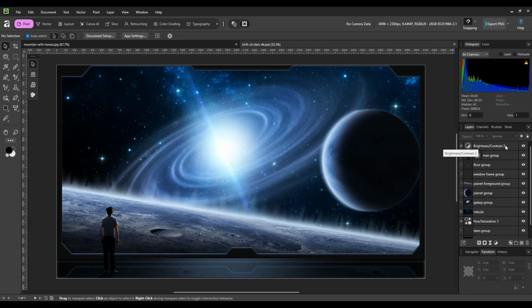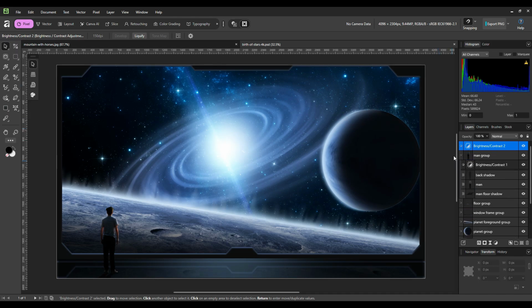I have an adjustment layer here, brightness and contrast. Okay, so that is carried over. But I notice that the clipping mask is placed inside of the group. And what I'm referring to is this. If I open up this group, the adjustment layer, which was a clipping mask, is now placed inside of the group. So if I'm bringing over content from Photoshop into Affinity Studio, I need to look out for these changes.